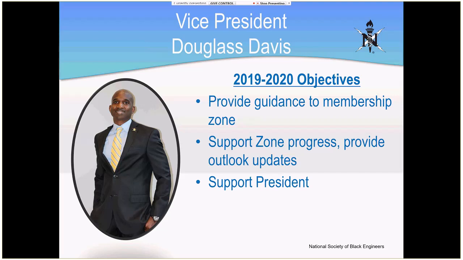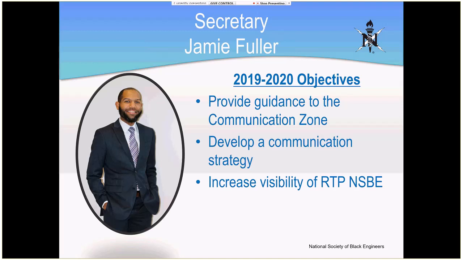Next slide. So Jamie Fuller is actually an employee at RDU Airport, and he comes to us from Richmond, Virginia, where he was secretary there. That chapter was chapter of the year. He's over communication zone, as we said earlier, and he is responsible for making sure we get everything together at the right time so that we can send out the communications via email, social media, and now GroupMe, whatever forums we're going to use, coordinating that.